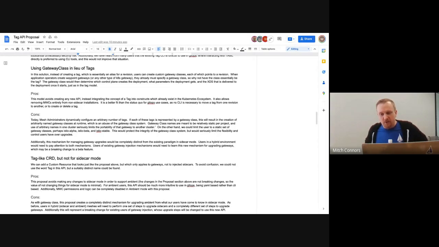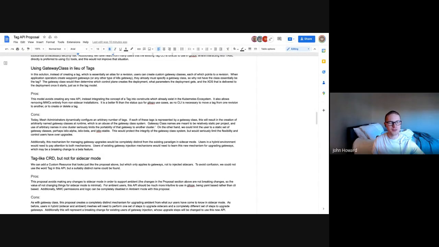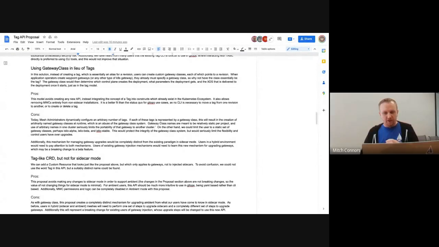My expectation is that most users, unless they're using GitOps, will not see much of a change. Ambient will upgrade the same way sidecars do. I think we agreed on the same point, but drew a different conclusion from it. That was my point. Is this something that we need now anyway? If we want to add it later, it's not like we're making a radical change that users have to adopt. As far as I can tell, we do not have a viable alternative.